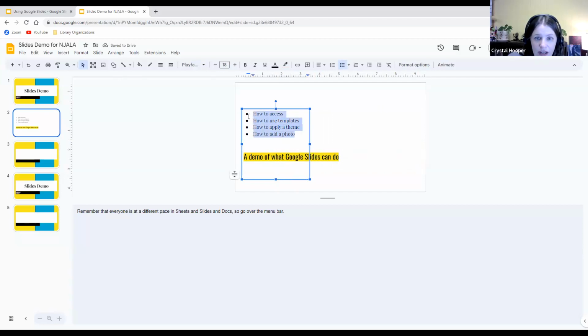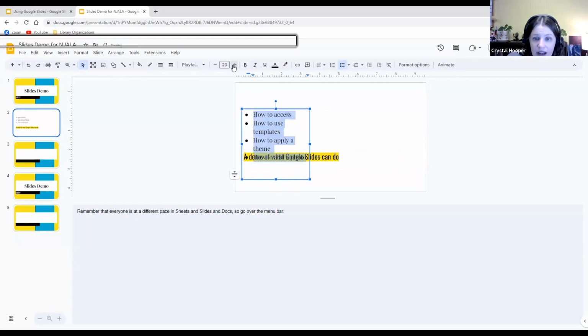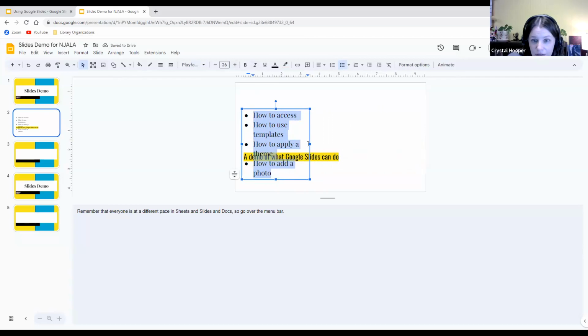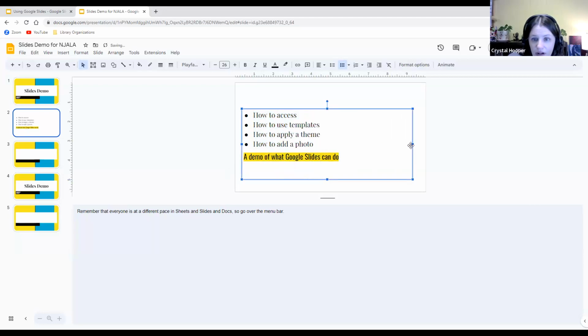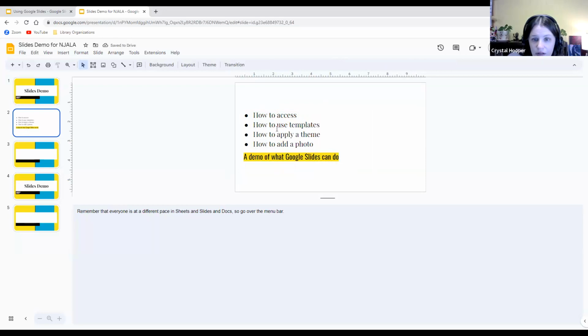What happens then if I highlight the text and I make the text bigger? What's that going to do to my box? Everything stays restricted to the box size that I just set it to. So if I want the text to be that large, but I don't want everything to run over, then I need to go back and drag on that box and make it bigger again. The box, you'll notice, doesn't